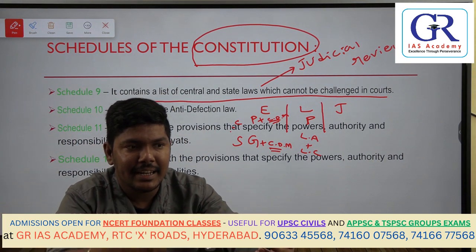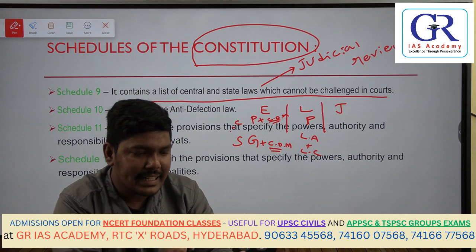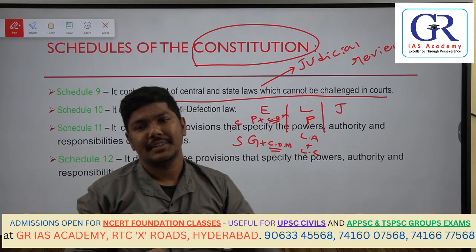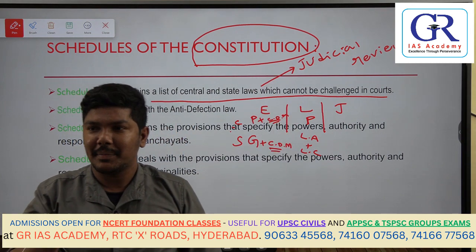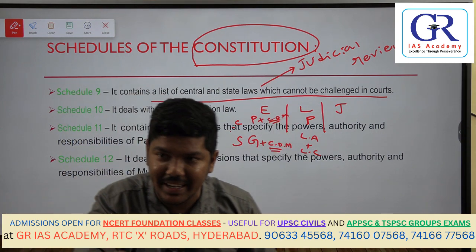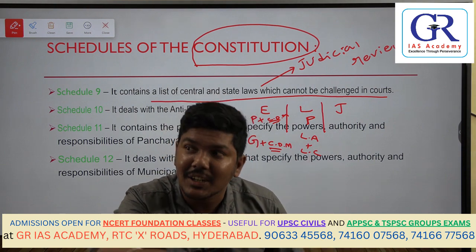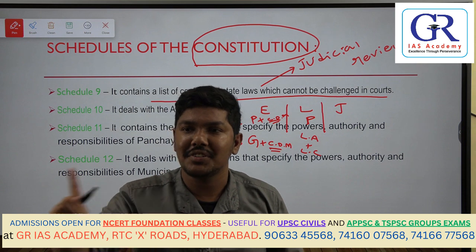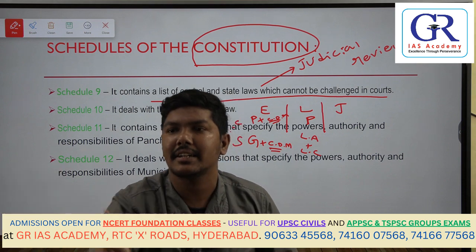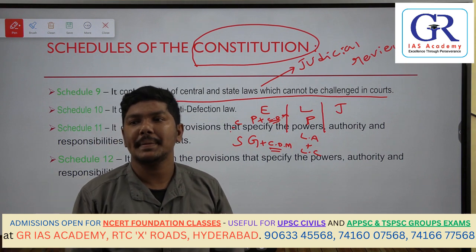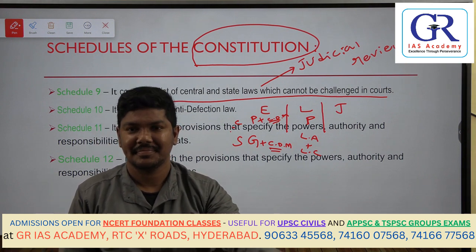So the way of bringing the law and checking its constitutionality is nothing but judicial review. That means the judiciary is basically reviewing the law that was made by Parliament. It is checking the constitutionality, whether it is constitutional or not. In this case, is that law constitutional? No. So outrightly, it has to be struck off.